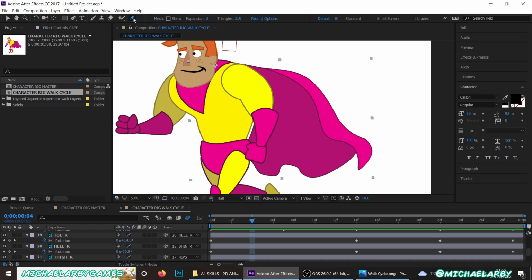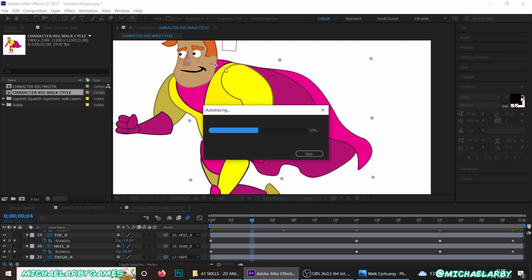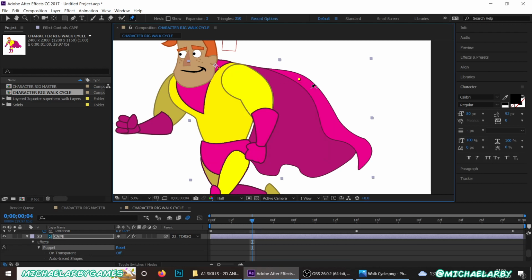We're going to select that Puppet Pin Tool with the cape selected. We're just going to place about 5 or 6 pins on this cape. I'm just clicking and you'll see that it adds these little yellow circles. These are pins. Now I've added one up here at the neck where the cape connects, and I've added a